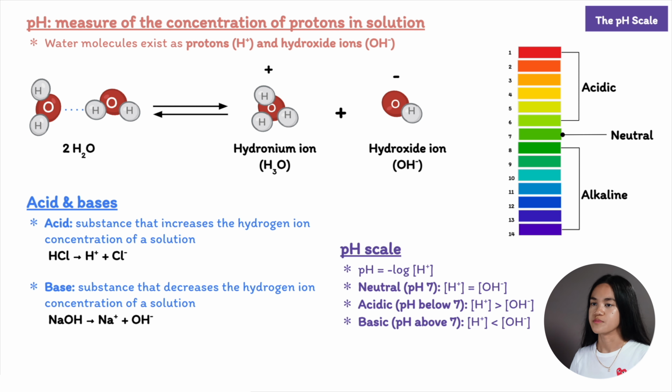Recalling back to acids and bases, an acid is a molecule that releases protons. It increases the hydrogen ion concentration of a solution. And a base is a molecule that decreases the hydrogen ion concentration by accepting protons in aqueous solutions. Okay? And before I forget, each pH unit represents a tenfold difference in hydrogen and hydroxide ion concentration because the pH scale is logarithmic. In this lecture, we learned that water is a polar molecule with hydrogen and oxygen joined